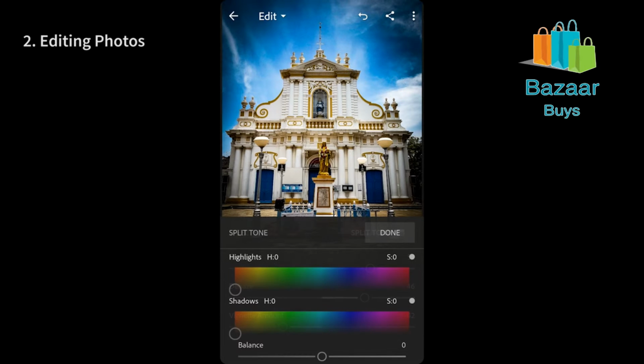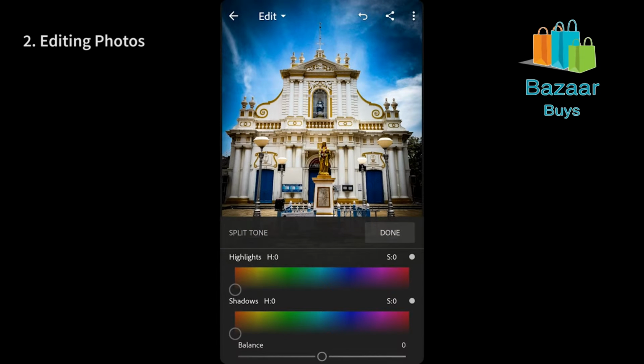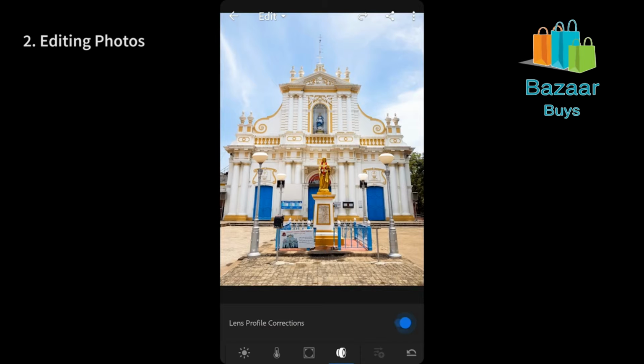Surprisingly, this tab also has a control for split tone, which gives you an option to do selective color toning for shadows and highlights separately. Personally, I would have preferred to see this in the color tab itself, but it doesn't do any harm here, so why bother? But last but not the least, a lens profile correction tab, which probably corrects the distortion from the